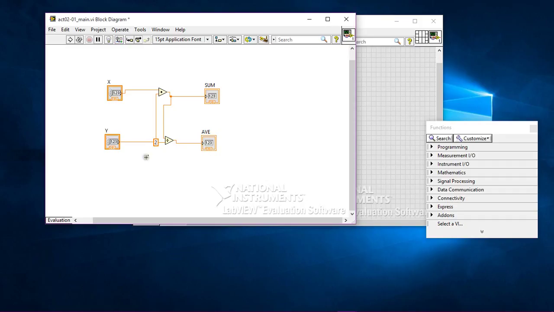Note: when the data enters a node, it is automatically reflected in the FP. To make the VI run at its normal speed, click on Do Not Highlight Execution. But after using this tool,